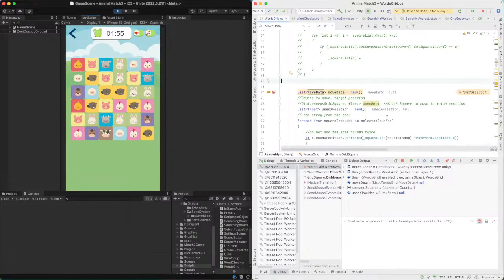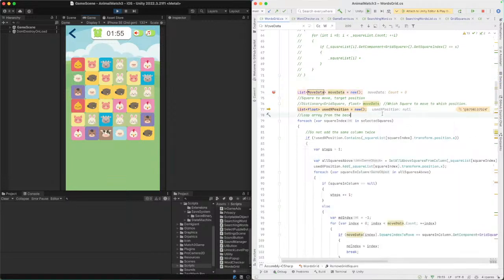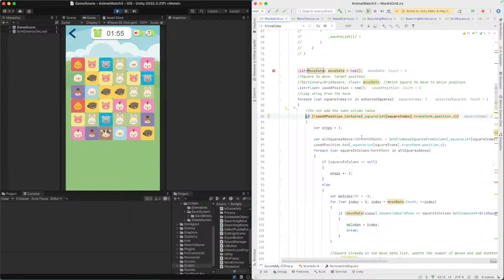Okay, so the move data will be now, I don't need this, so the X position will be this, and then the selected square is 1, and we're going 1 through this loop, and then square list is 36, and we're just checking if that use position,